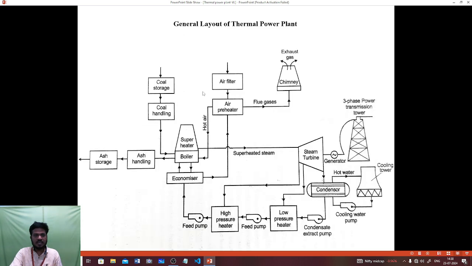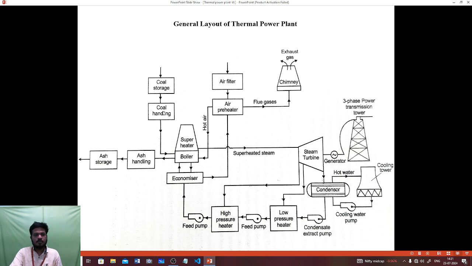Next, it is a general layout of a thermal power plant. In the general layout, there are two sectors. Number one, coal storage and air-flue gas storage. In coal storage, coal is transported from the coal mine and stored in a coal storage device, and then